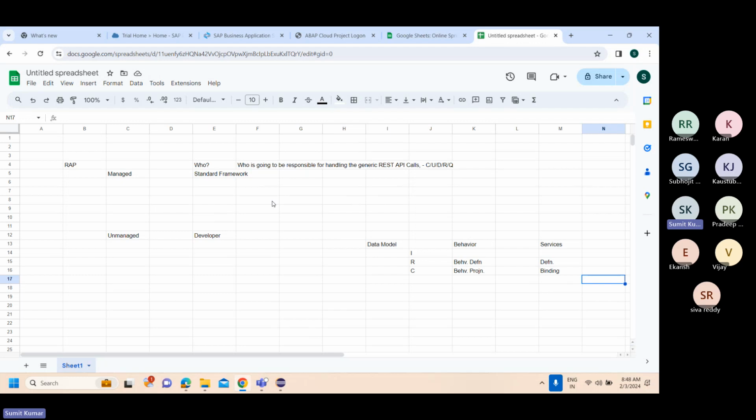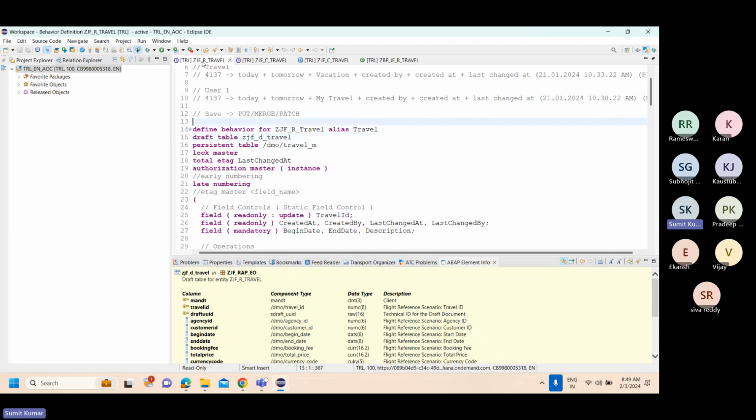Now, when we are talking about layering, let's also understand this. In case of managed, this might be a bit common. If I look at the data model, what is my source, where I can get the data from, how much of it I would like to project in my output, those things might also be common. Where did we introduce the keyword managed over here? On my behavior level. So if I go in my behavior right now, which is nothing but this one,